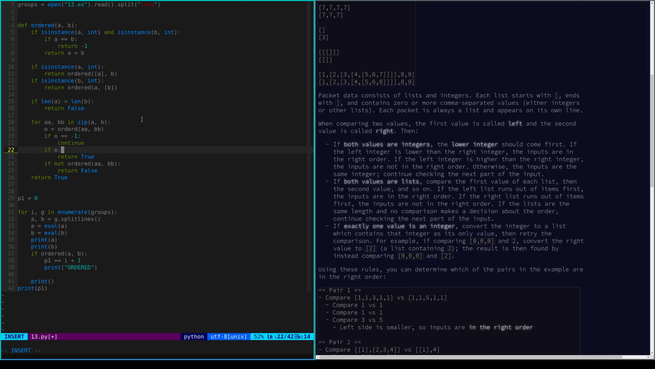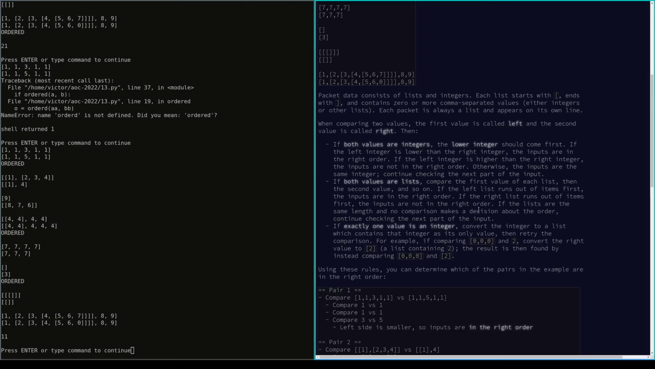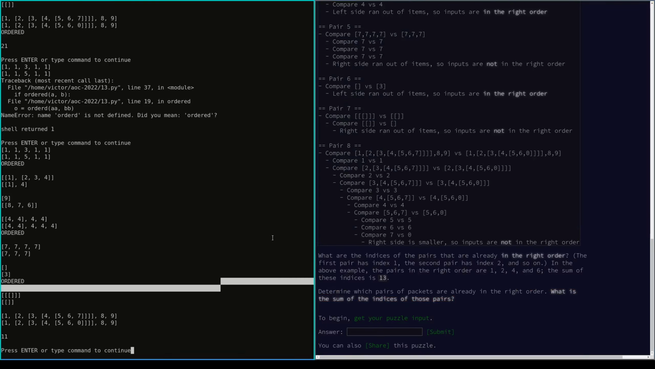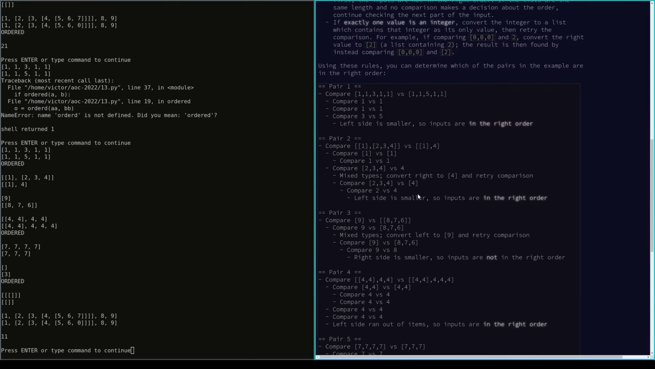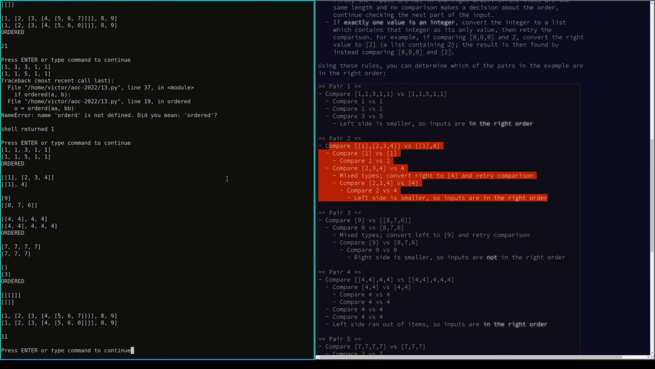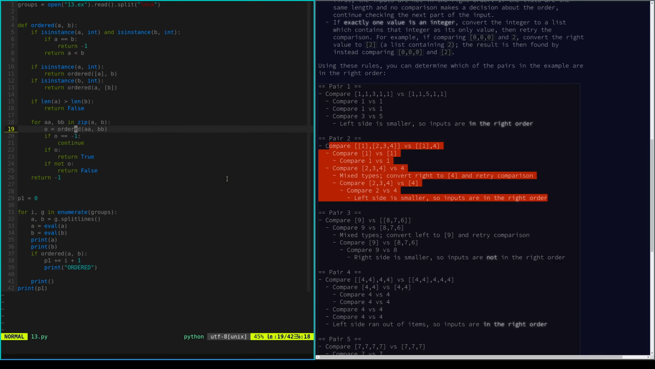If O, return true. If not O, return false. It should be 13. So this one is ordered. So the first one is ordered, right order. The second one should be in the right order. Why? Because 2 is less than 4. So if 2 is less than 4,